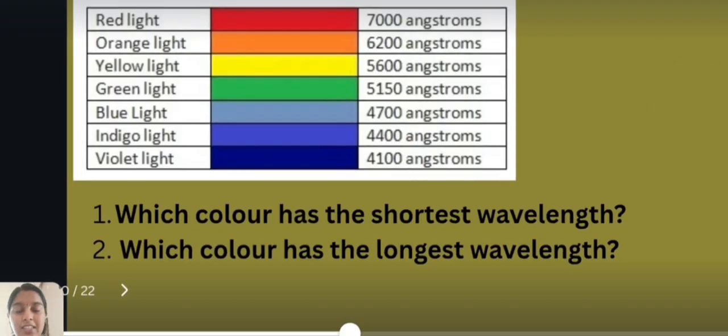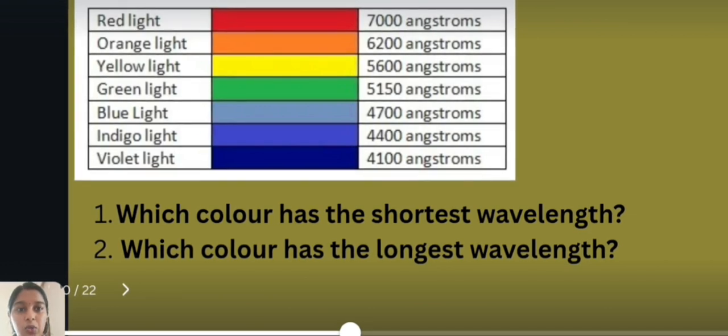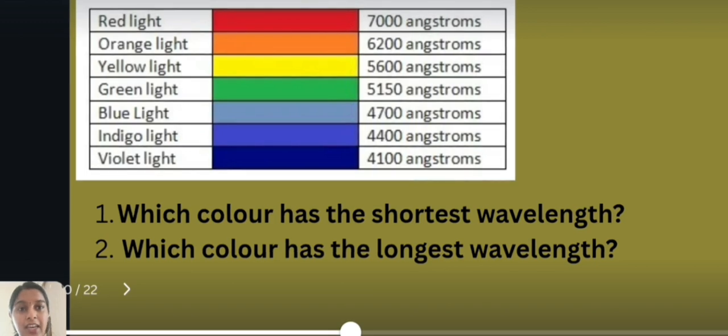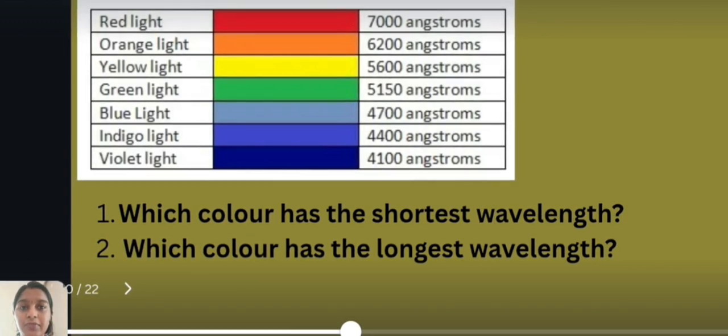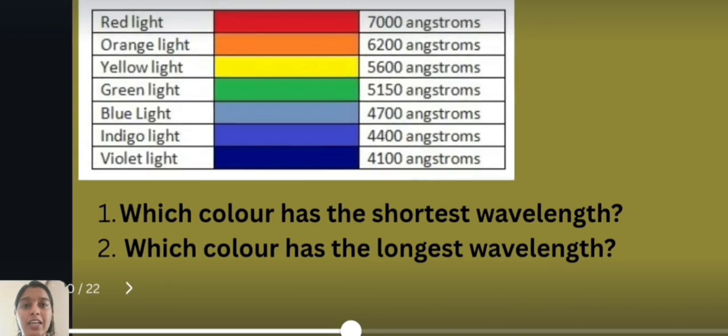Now let's see this chart. It's the chart of wavelength of different colors. So here, which color has the shortest wavelength? Yes, it's the violet light. And which color has the longest wavelength? The red light. So now you may be clear that there is a relationship between the wavelength of different colors